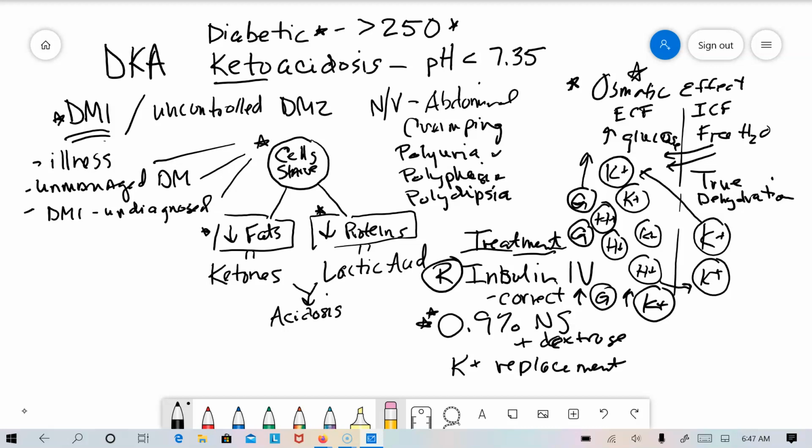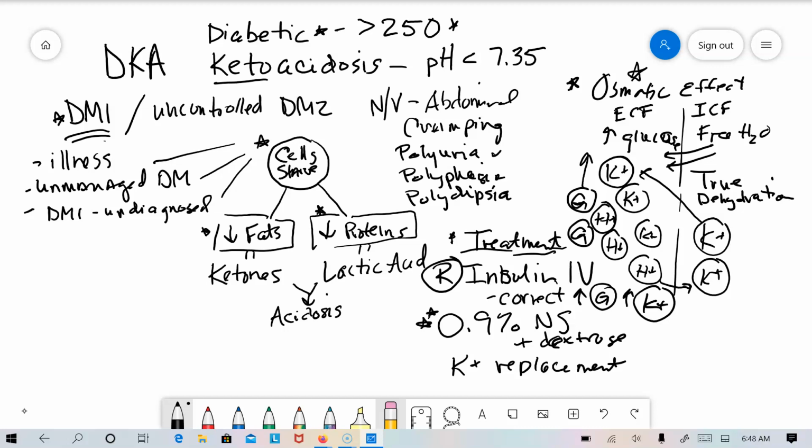Ultimately, as you can see here, the patient is very sick. They need monitoring, but treatment is going to be a balance. These patients have to be closely monitored because you can take them from one extreme and pull them to the other. So this is just a very quick overview of diabetic